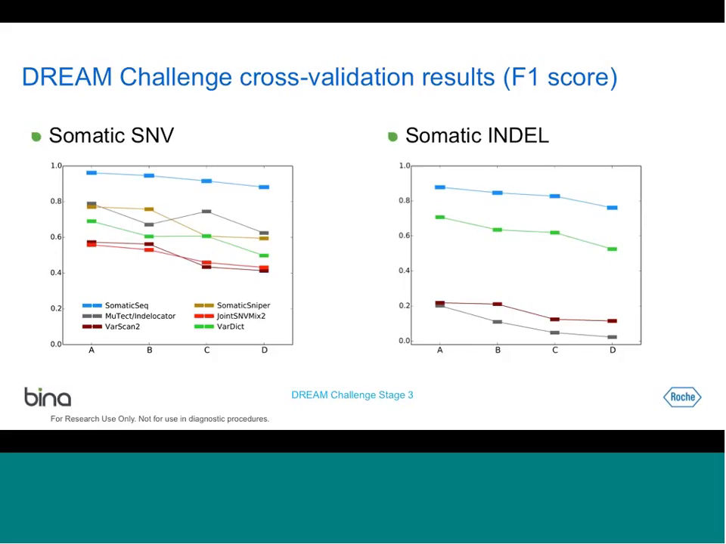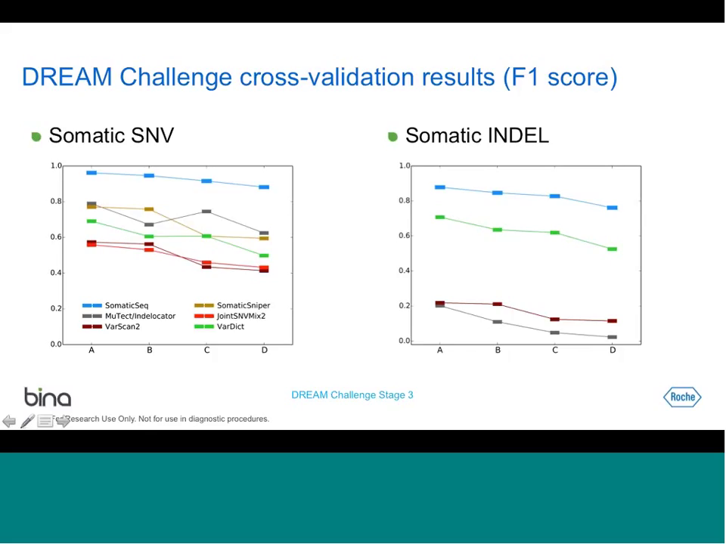And setting D is the most challenging data set we have here. This is when we cross-contaminate normal and tumor to make both samples contaminated. And the green bar on top is the F1 score from cross-validation. And as the data gets more complex, the accuracy decreases,